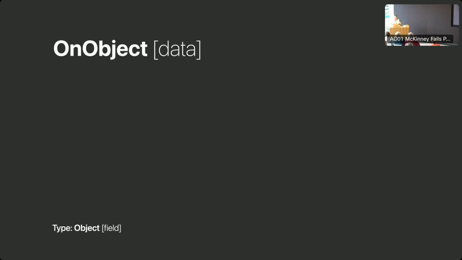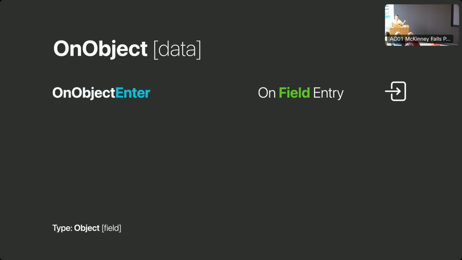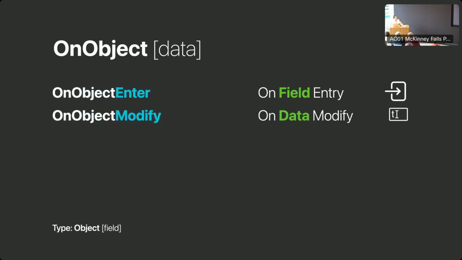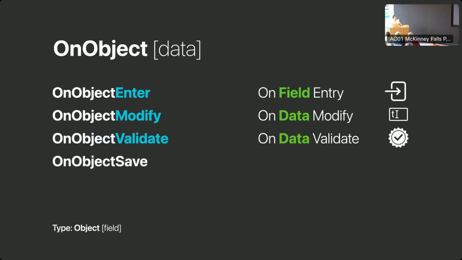Your on object data, you'll see a couple that existed in the on enter on exit group before. They also exist here. And the reason I've separated these is because they're pretty important. So on object enter, when applied to a field, basically translates to on field entry. That when you enter the field, that is the triggering event that's going to run your script. On object modified. As I mentioned earlier, though, on object enter can be applied to other objects like portals, popovers, etc. Someone can actually be allowed to click a button and then it will behave like it didn't work, because that button opens a popover that they can't get into. So watch for that. On object validate, on object save,